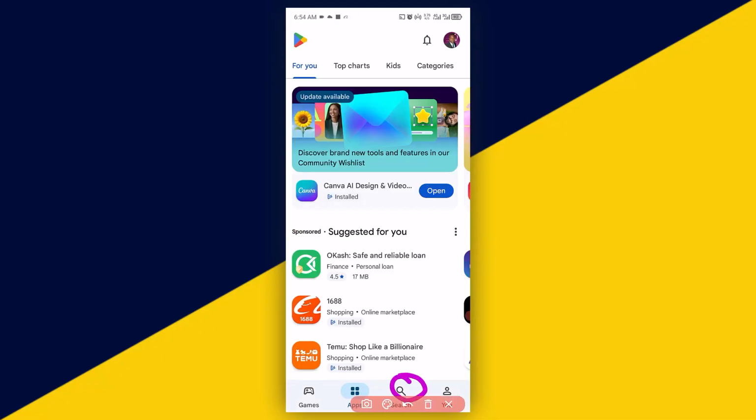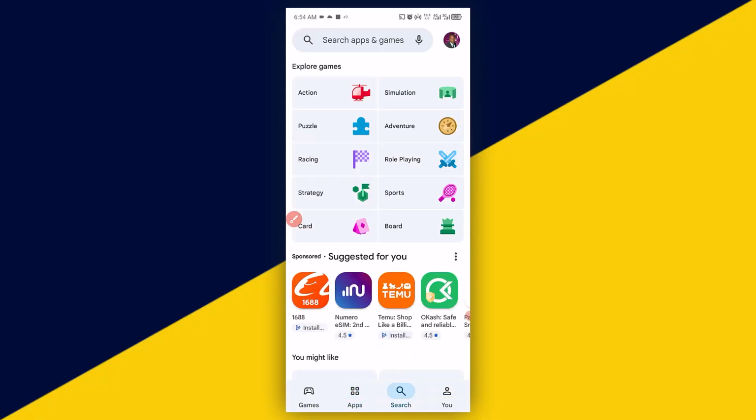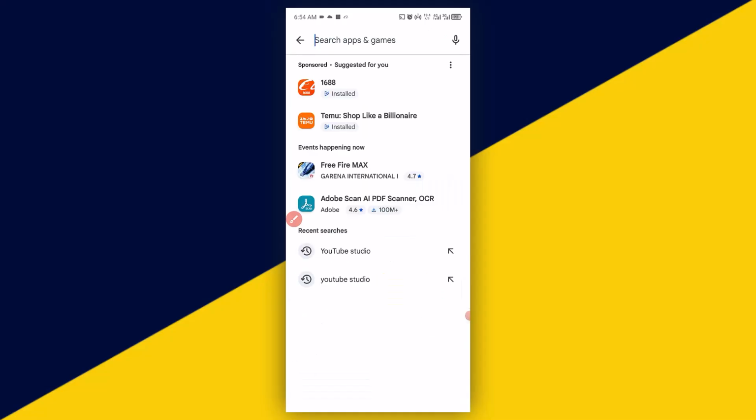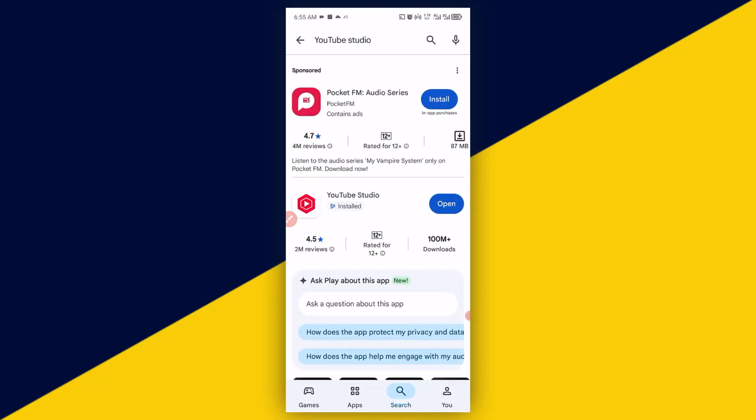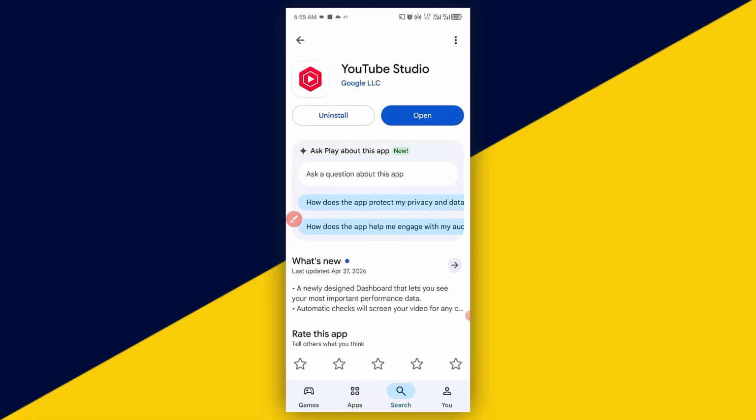The next thing you want to do is to go ahead and click on the search icon right here. Having clicked on the search icon, come to search app, and here, go ahead and type in YouTube Studio right here, and then hit search, and it's going to take you right here. Make sure you go ahead and download YouTube Studio right here, and then after a successful download,